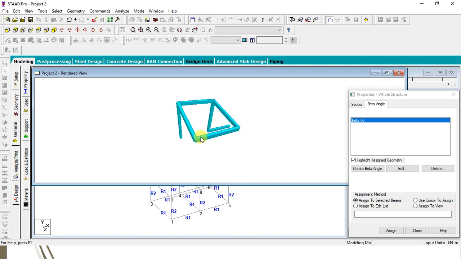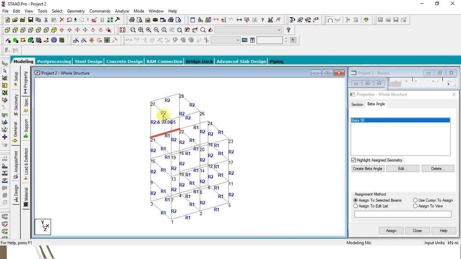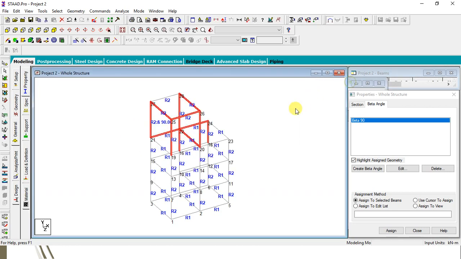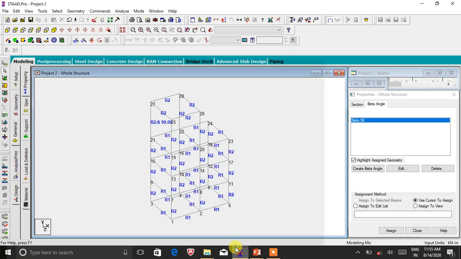Then similarly, if you see over here at this position, here you can see that the column is on the outer side as the beta angle is not assigned to this column. So whenever, or rather to understand the beta angle in a clearer way,